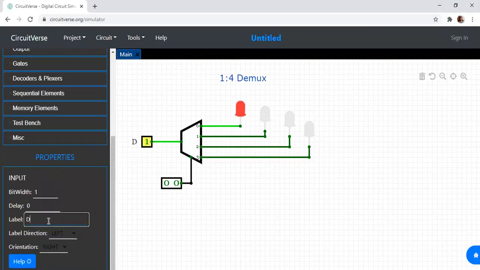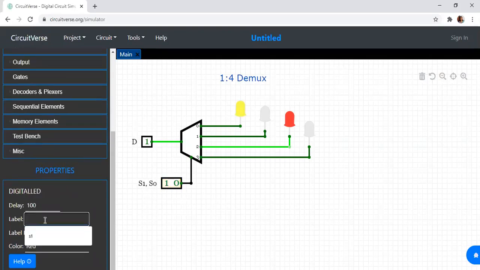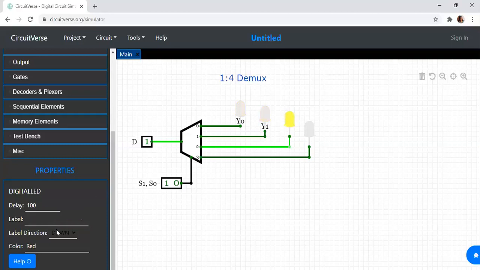This is D, and this is S1, S0, I will write, so that it is understood. First one is S1. And let me label the outputs: this is Y0, this is Y1, this is Y2, and the last one is Y3.